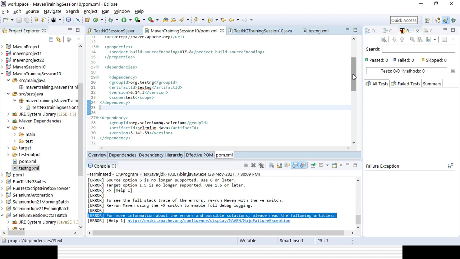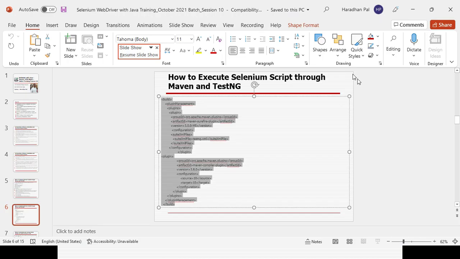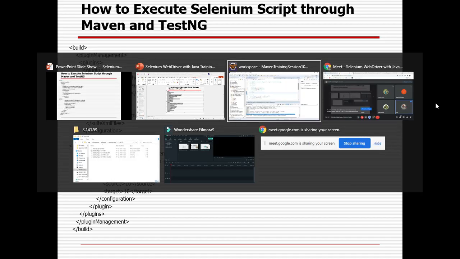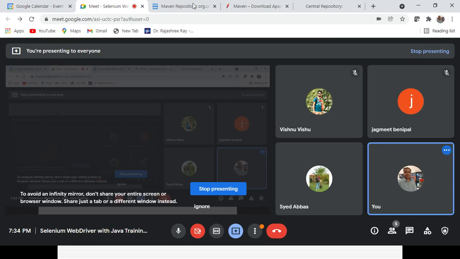Definitely, whenever you are using TestNG, you will be creating a Java project. There, every time your dependency management changes, you need to remove those jar files, download them, and add them again. But in case you are creating a Maven project, you don't need to worry about that. You can just go to that site, search for the dependency, and copy paste the dependency. Automatically your jar file will be added to the Maven project. So that is the basic difference.